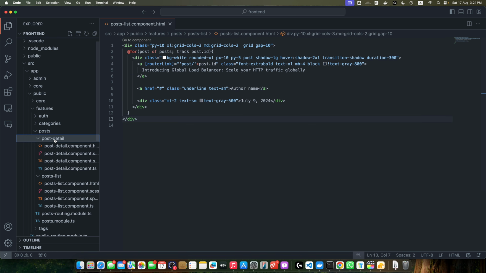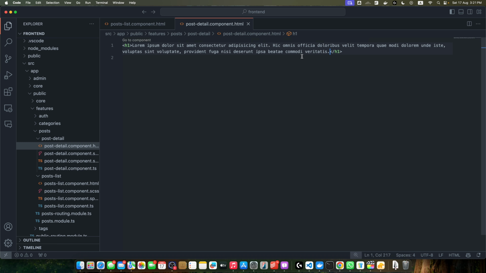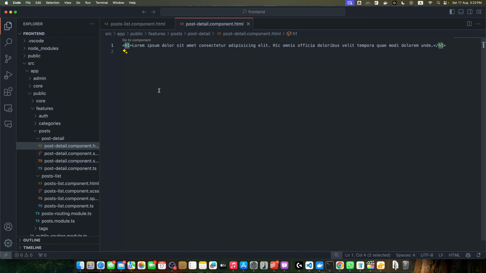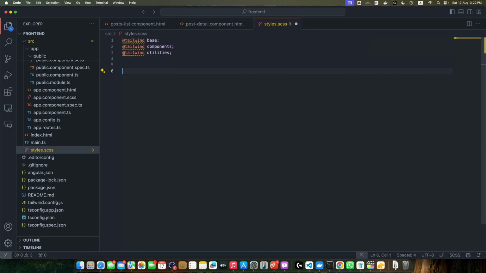Okay, now go to the post detail page, and here I will remove it and add the h1 tag. Here let's add some text, lorem ipsum. Okay, this is the heading. Let me remove some sentences from it. Now currently there are no styles on our heading, so let's go to the global file styles.scss. Here I will add some basic styling to our heading tags. So we will start from the h1. We will apply text-4xl, font-bold, and text-center. Save it. This is how it is looking right now, and we need to add the margin bottom as well,